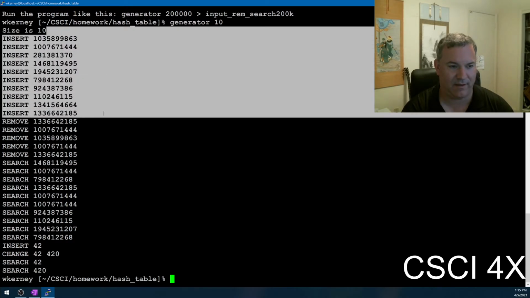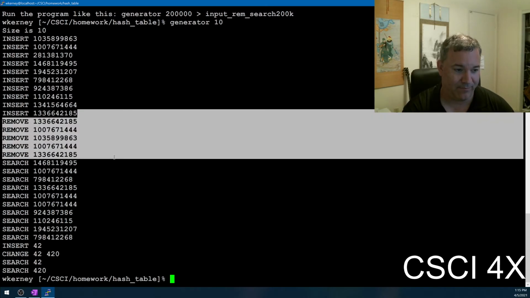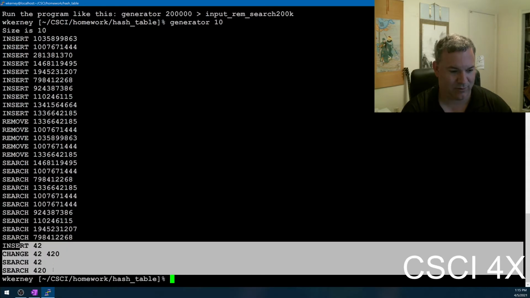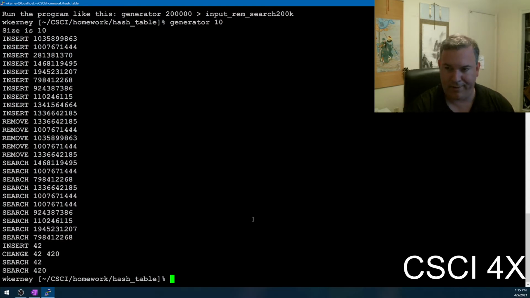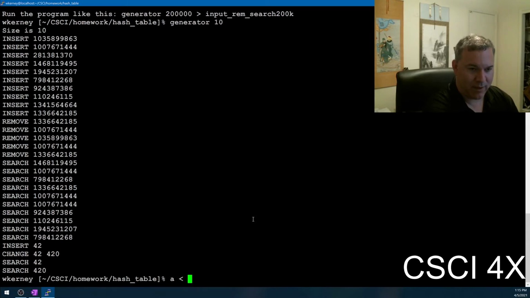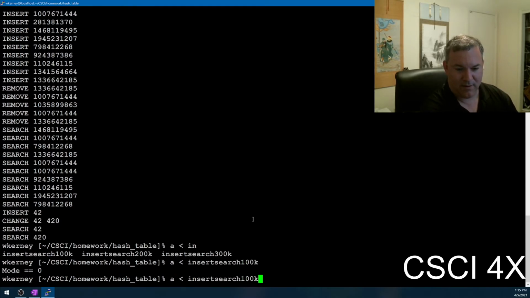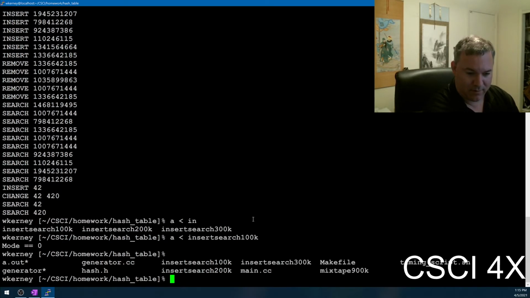you'll see that it'll add 10 things to the hash table. It'll then remove half of them, and it'll then search for a random set of them. Okay, and then it finishes by, I don't know, this, which could probably be deleted. And so when you have your program running, you would feed in one of these files like this, and then the program would run, and normally it would spit out